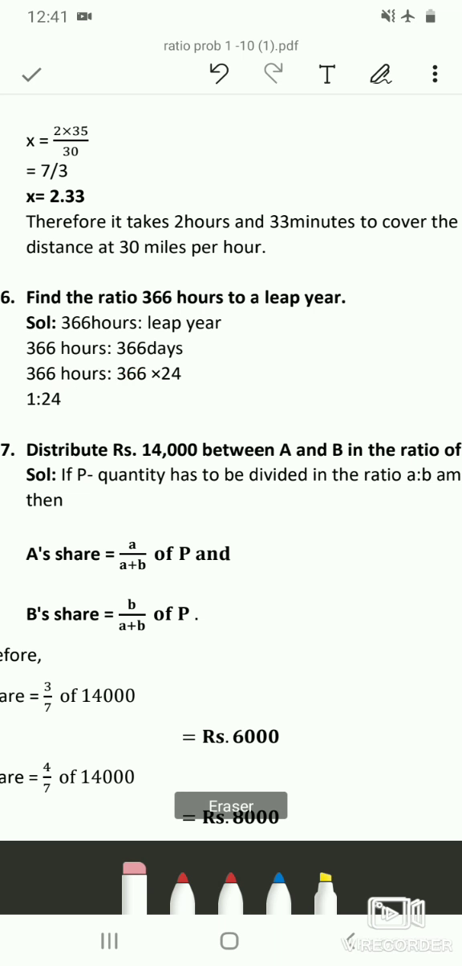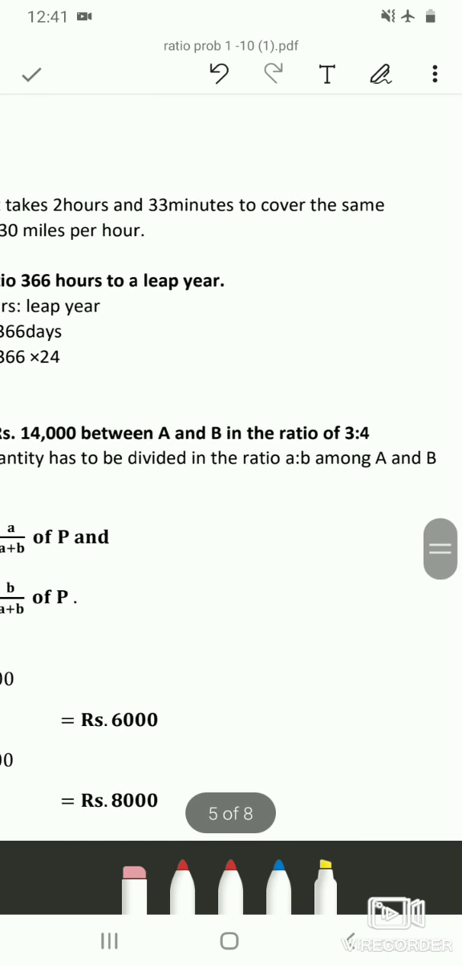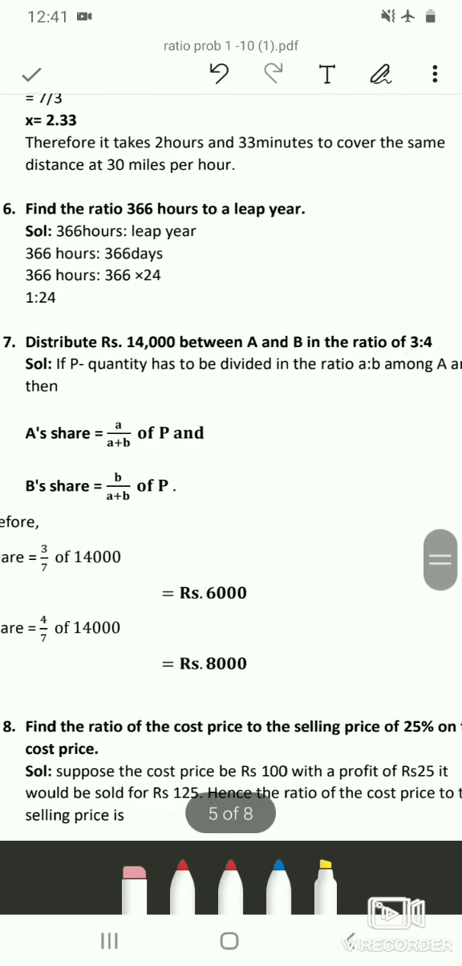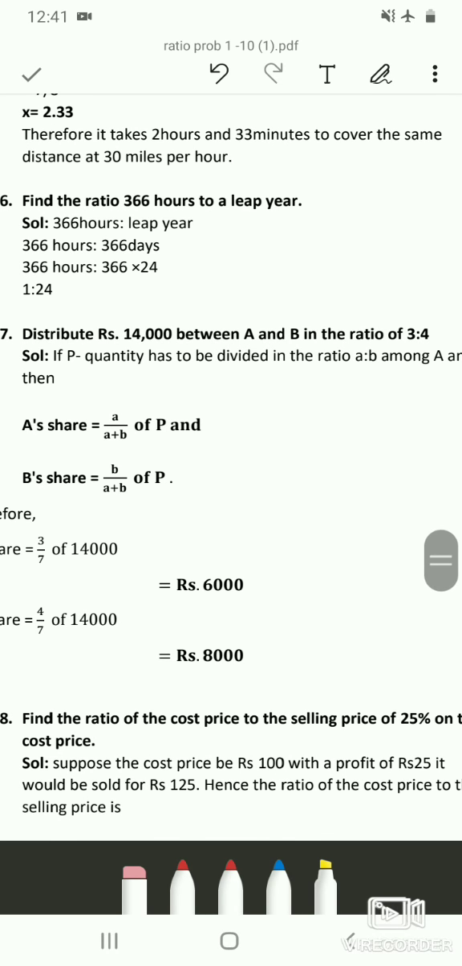So now let's see the next example. This is an important example. The question is, distribute rupees 14,000 between A and B in the ratio of 3:4. In exams they can change the quantity and the ratio, but this type of example has been asked many times. So how to simplify such type of questions is,